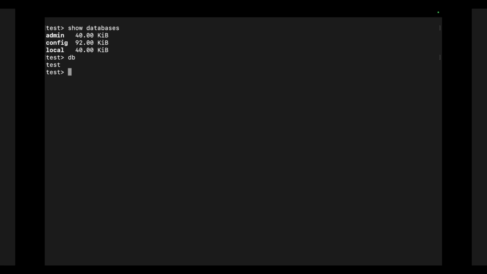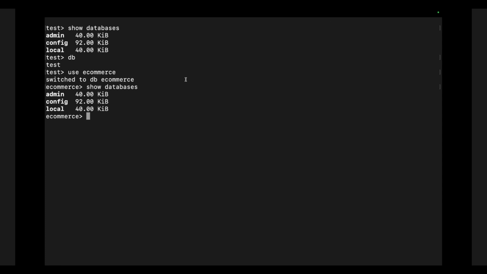Now let's create a new database. In order to do that, you can write the command use, and let's say we create a database called e-commerce. So this will create a database called e-commerce. Now if you write the command show databases, it still doesn't show e-commerce because we didn't create any collection inside this e-commerce database. This use e-commerce is the only command needed to create a new database or to switch to an existing database. So for switching and creating, the command is the same.